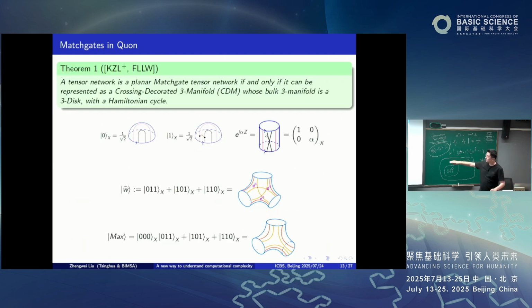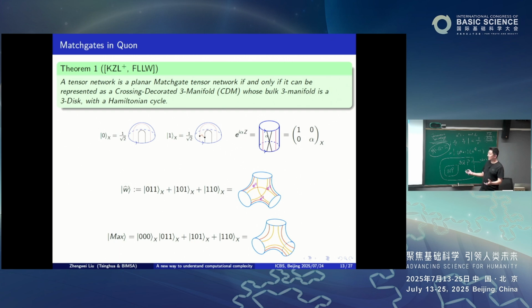So in our theorem, first we present those generating tensors for match gates, like the 1-qubit tensor and these 3 tensors in those graphs. You can see the parameter of the match gates is given by the parameter of crossings here. And for match gates, there is a very interesting phenomenon: no matter how you draw the tensor, for a single qubit, it always has 4 boundary points to encode the 2-dimensional subspace. And for the match gate tensor, you always have those lines on the boundary side, like parallel lines, going along the boundary of the surface.